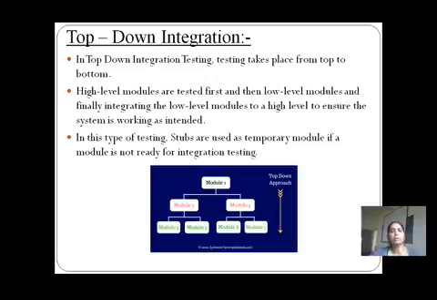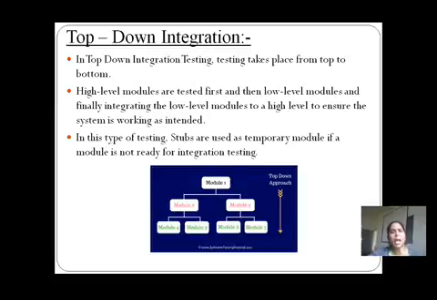So, when you see the arrow in the top-down approach, the arrow points downward, which means that the testing is going to start from the top, then the middle level, and then the low level modules. So, this is the top-down integration testing, where we start the testing from module 1, then modules 2 and 3, the middle level modules, get tested, and after that modules 4, 5, 6 and 7 are going to be tested later.